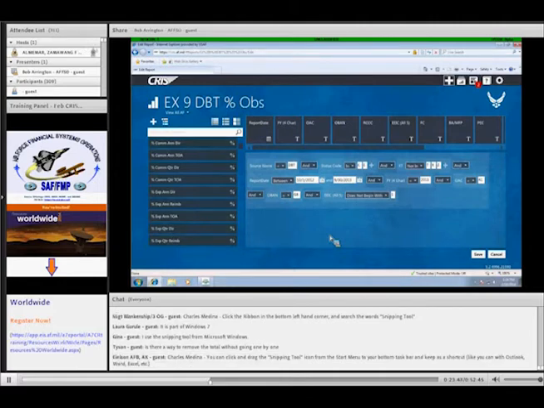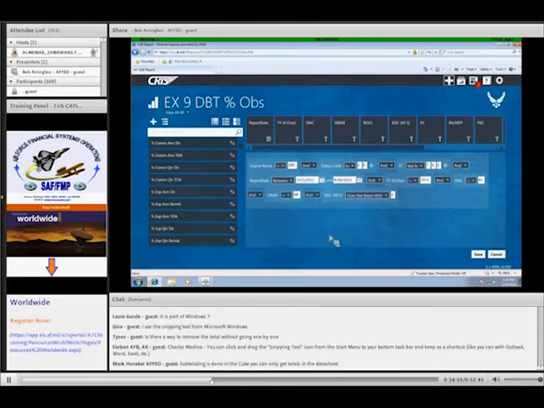Now, when you're building a graph, a couple of things to think about. The system looks at a two-dimensional graph with an X and Y axis. Your X-axis is going to be your horizontal axis. In other words, all the data values across the bottom of your graph. Your Y-axis is going to be your vertical axis, typically dollar amounts running up and down on the screen on this column chart. And we're using a column chart.